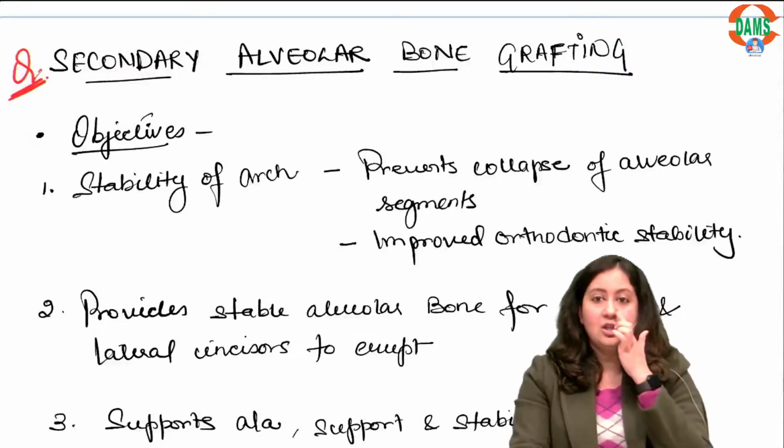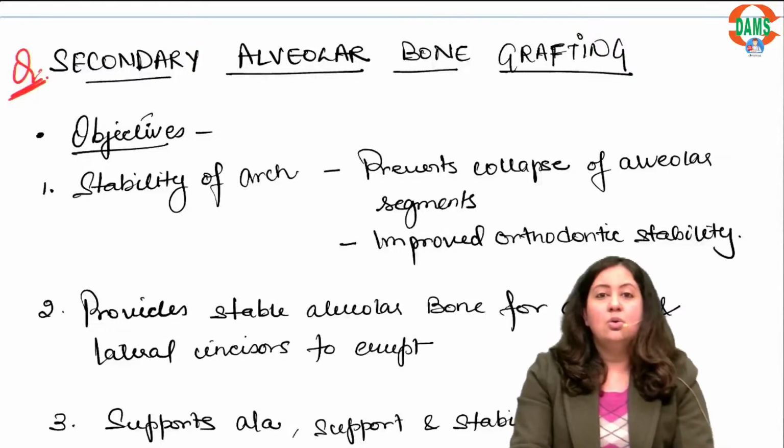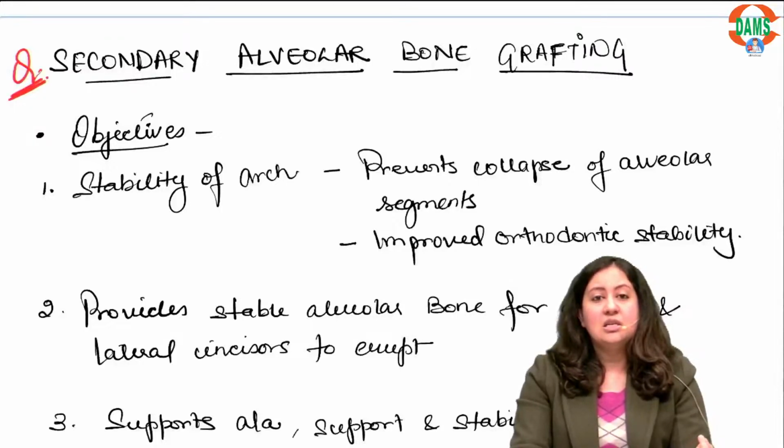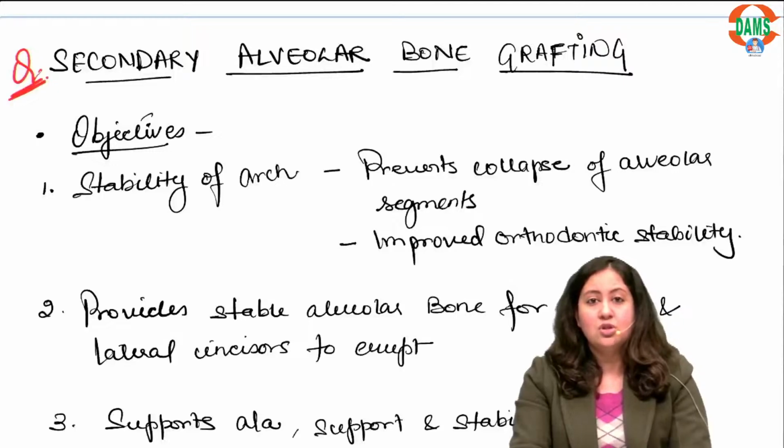You're going to have issues with the support of your alar bone. So our aim is to restore the sound bone structure so that it can facilitate the eruption of teeth. That is one of the most foremost objectives, especially in cases of cleft palate which is continuous with a